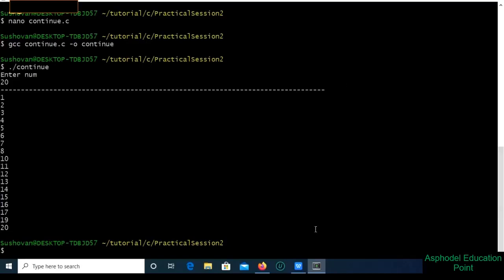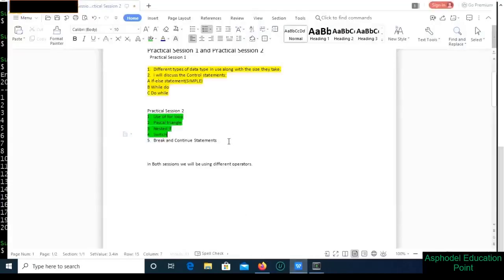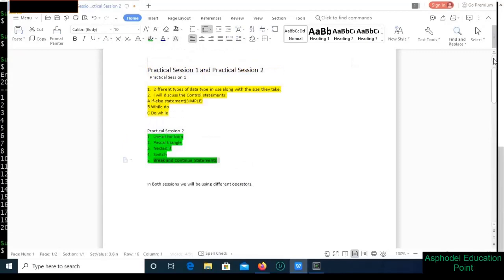Okay, so that's it. I have covered a whole lot of things here, and whatever I have taught you is almost in sync with the theory. So theory and practical are almost synchronized now. If you go through all these lectures, then I think you will find a parity between the theory and practical classes,